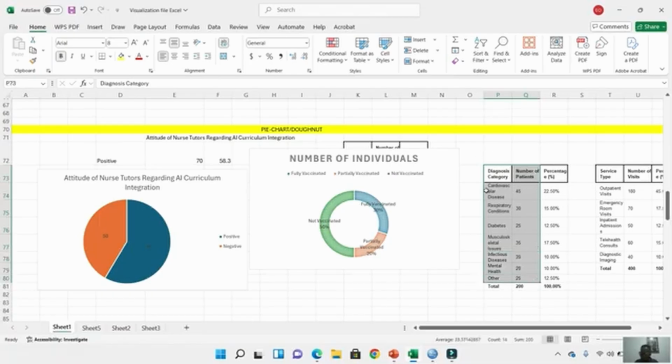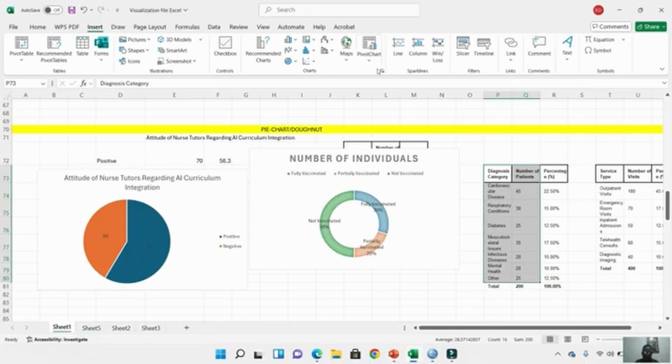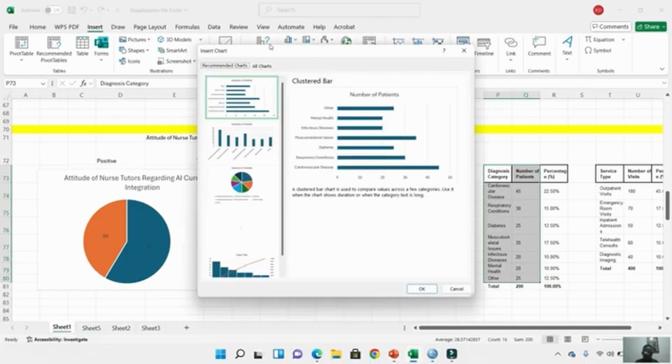Then we want to see how different diseases contribute to the burden of morbidities in the hospital. So we can just select this. These are the diseases, the categories. Select it, insert the chart, insert, click on this, then